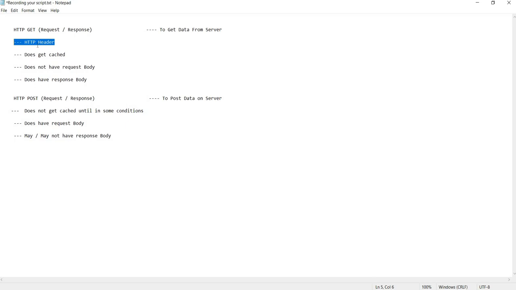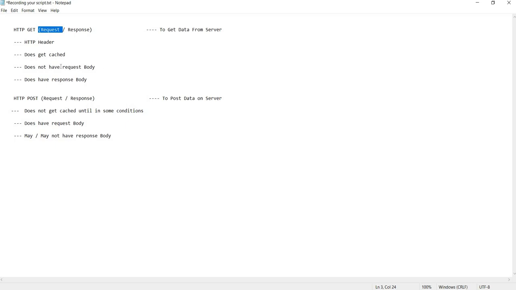So you are saying, I'm giving you these headers. These headers define the basic type of the browser, maybe the browser settings or maybe some other settings. You will see these things in JMeter after a while. Let us first understand the difference between GET and POST. So the request has the HTTP header.